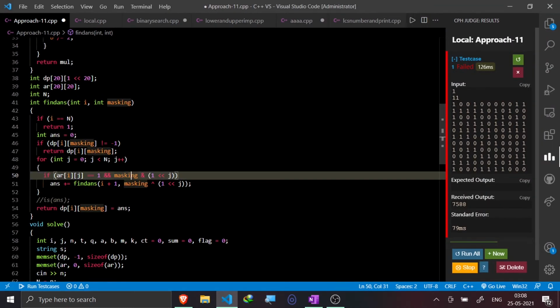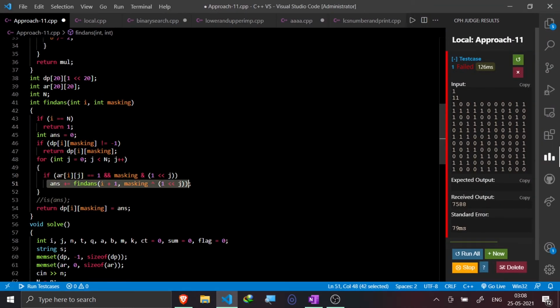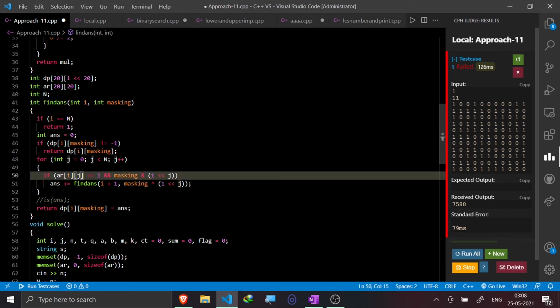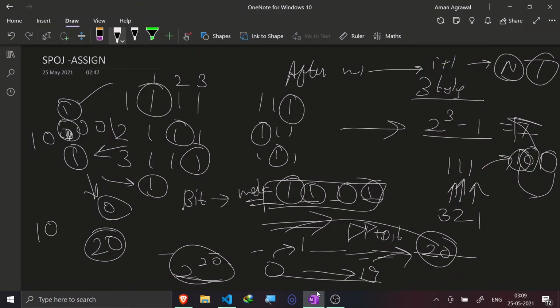So I'm doing this here, and then I would be adding to the answer variable by increasing the person number by one and by turning off that bit, because after the ith person does the jth job, the jth bit has to be turned off. And for turning off, I am just using the XOR operation. Suppose this bit was turned on, so when I do the XOR operation with 1, the output would be 0, as one XOR one is 0.